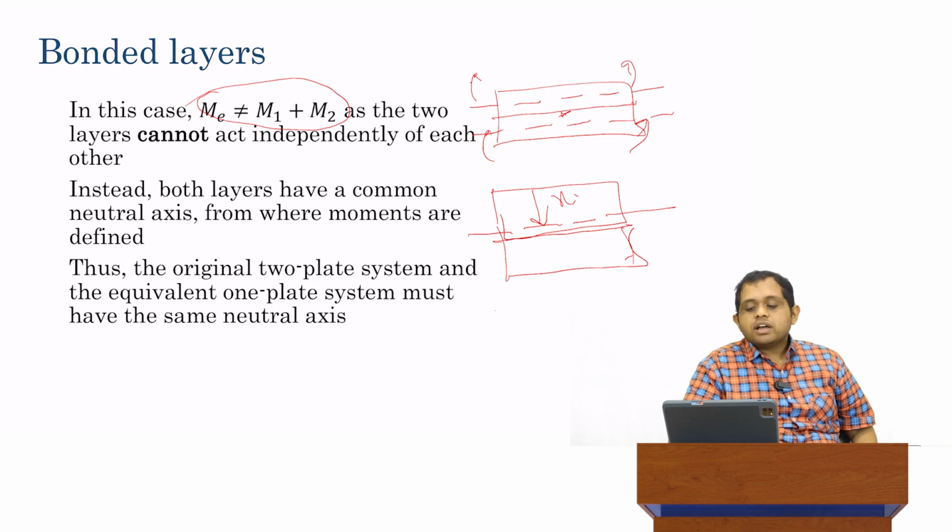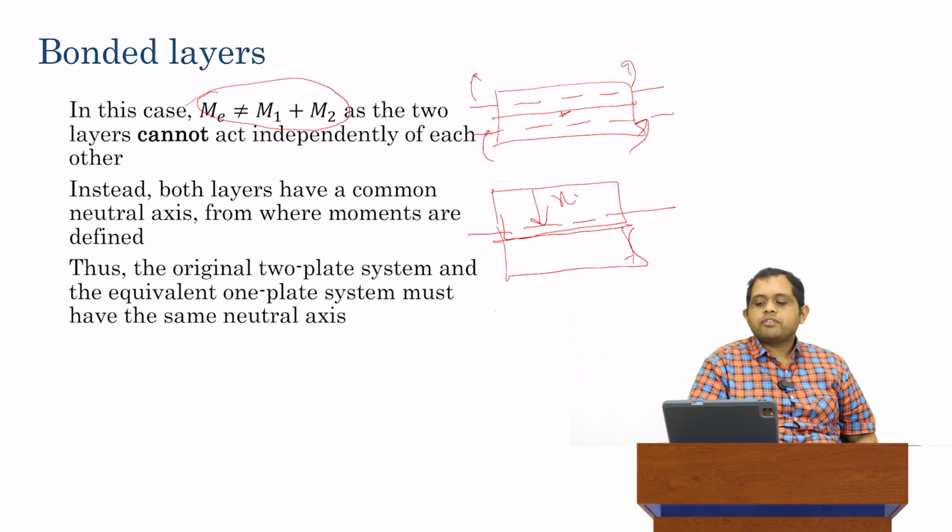So both layers actually have a common neutral axis, and all moments have to be defined from this common neutral axis. We do not have two separate neutral axes. Thus, the original two-plate system and the equivalent one-plate system must have the same neutral axis. So if I want to replace this two-plate system with a common neutral axis to an equivalent single-plate system that